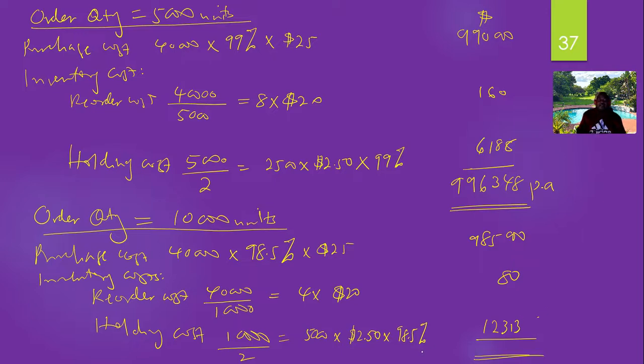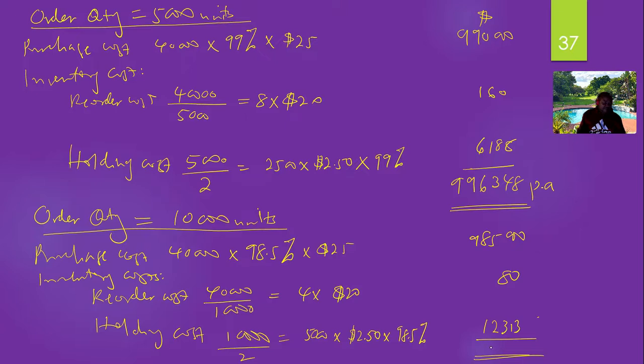Okay, so I'll get this value right. So that was okay. So let us add up 985,000 plus 80 plus 12,313